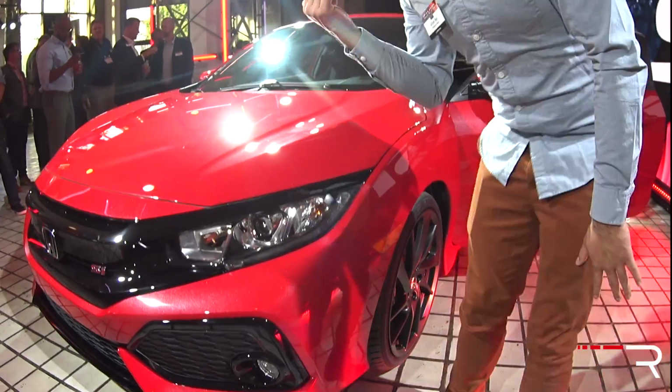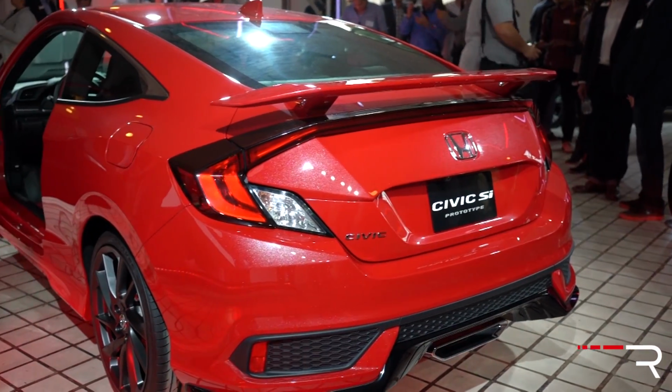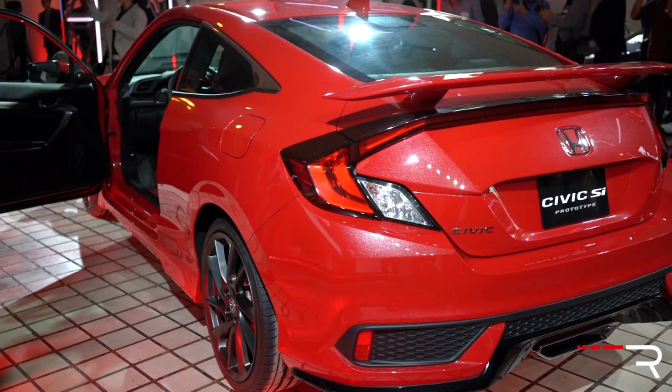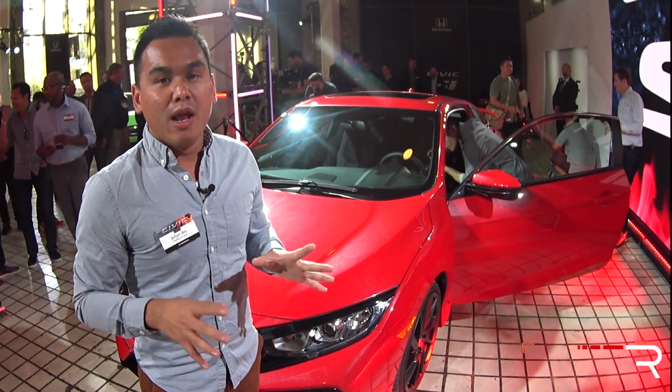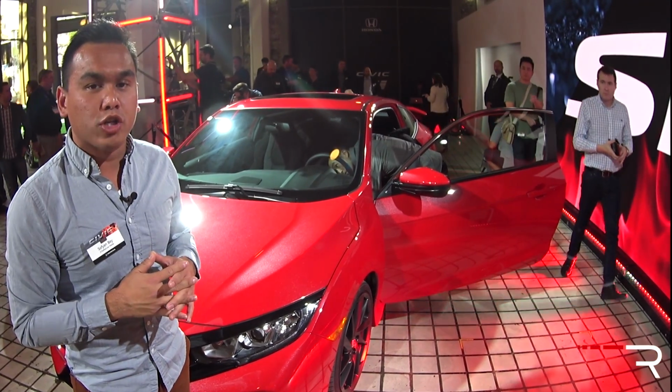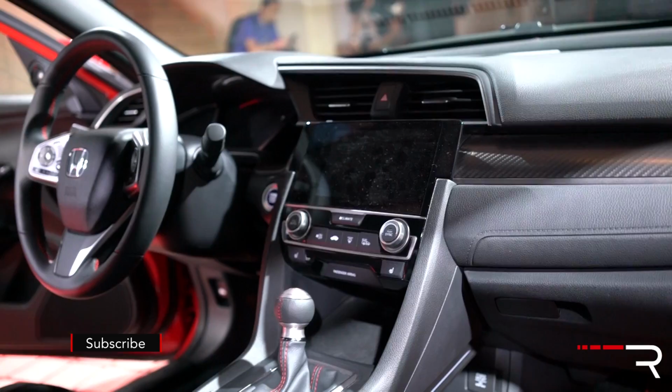Now, what's going on under the hood, because that's really the magic that makes an Si. Honda says that it'll have an up-tuned version of the 1.5-liter turbocharged 4-cylinder in the regular Civic. Of course, it's going to be making more power. Honda didn't have any official numbers for us yet, but I'm expecting it to be around the 220 range, hopefully. Now, all that power will only go through a 6-speed manual through the front wheels and with a limited slip